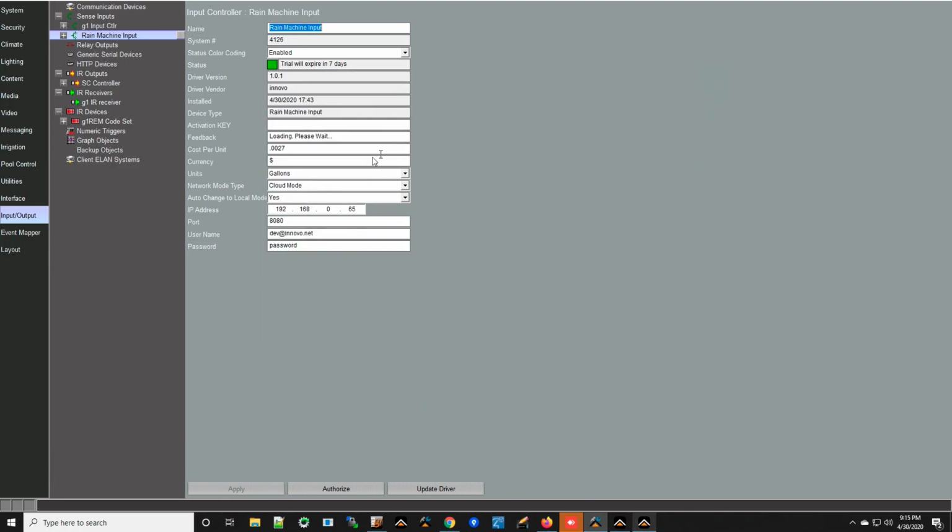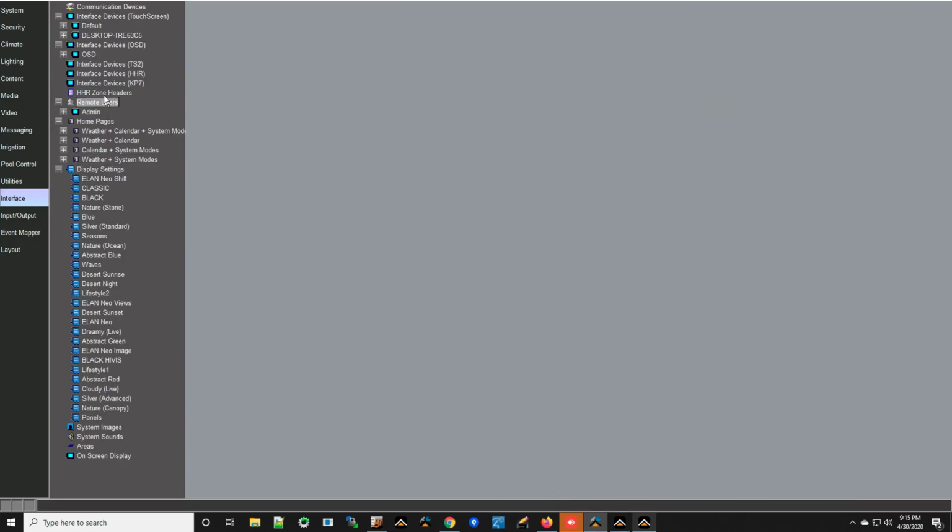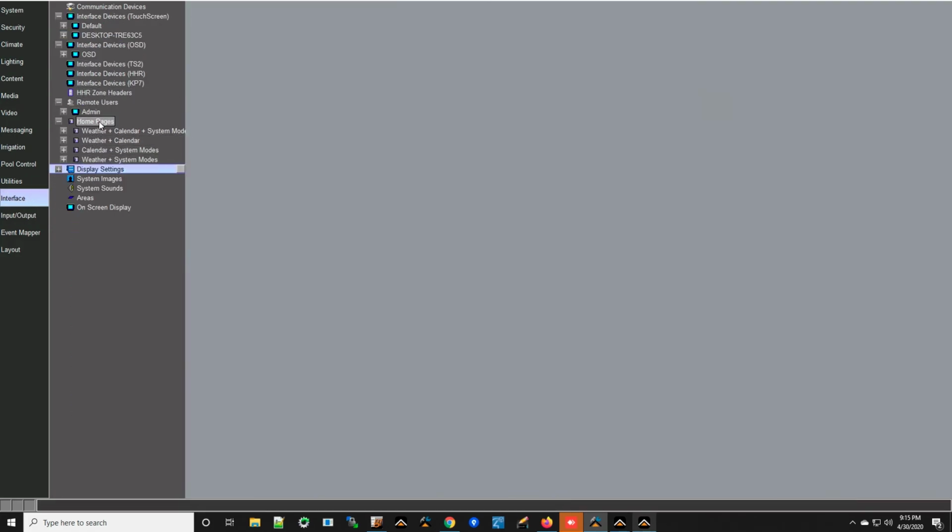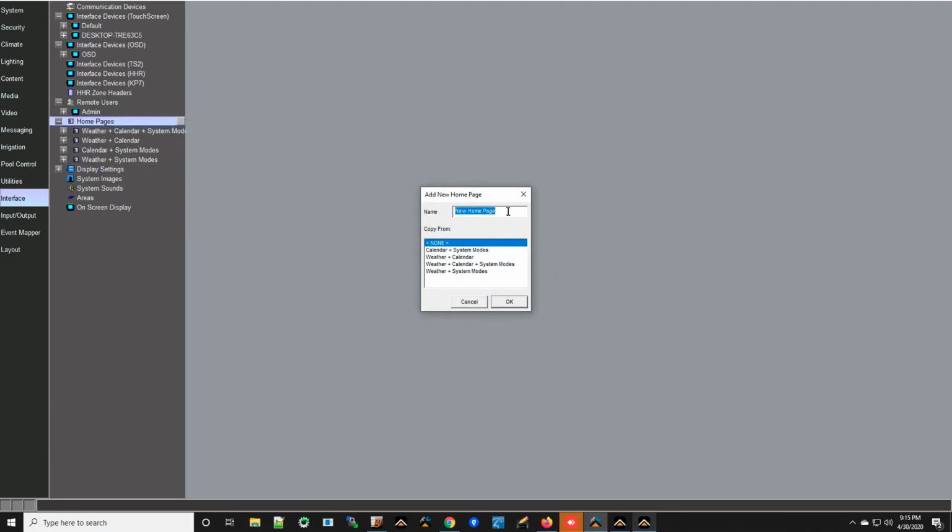The first thing that we need to do is create a custom interface. So under the interface, you go to the home pages and you create a new screen. You can call this whatever you want to. So let's call this RainMachine